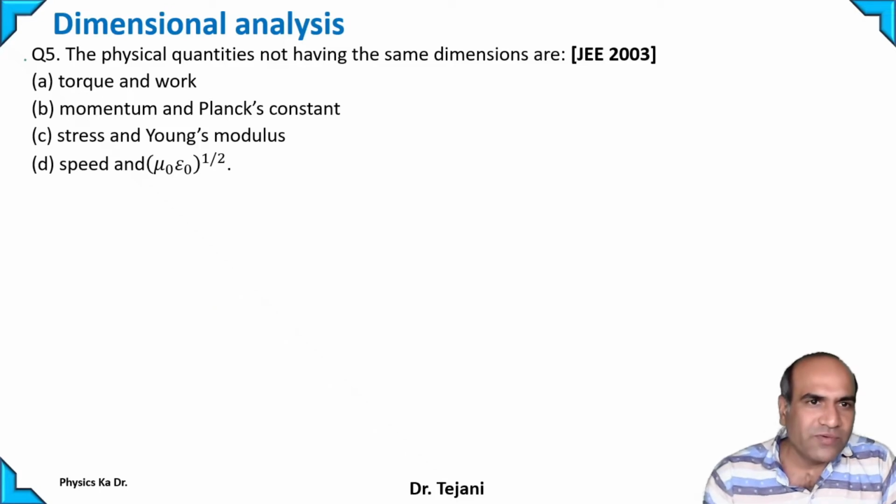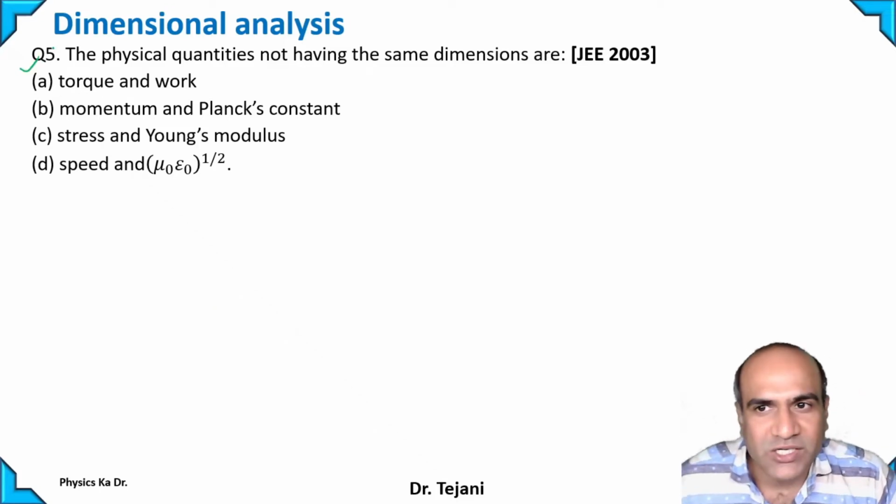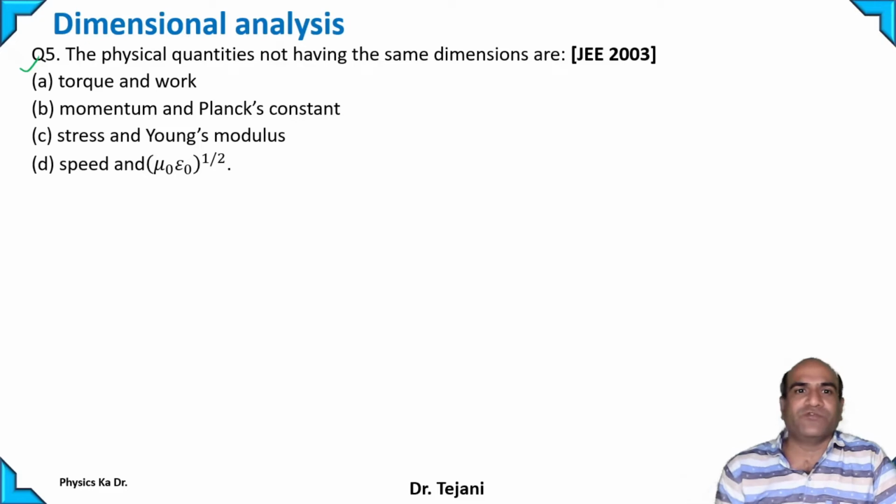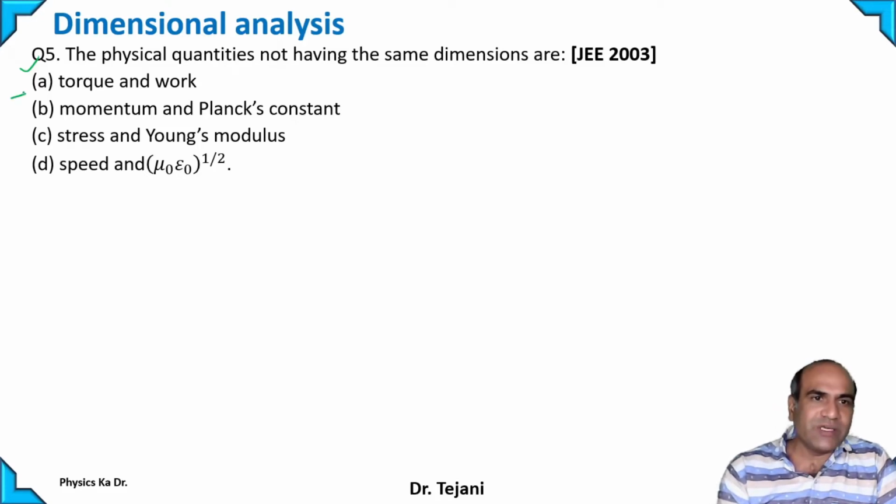Question number 5, that was asked in JEE 2003. Physical quantities not having the same dimensions are, see, you should know each and every term's dimensions and its formulas, right? So from that you can derive. So first